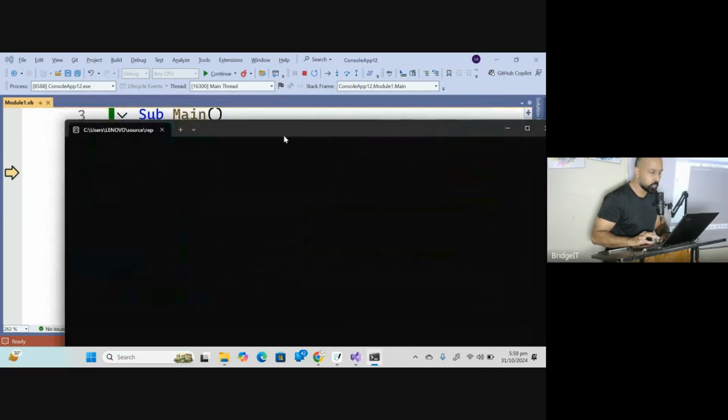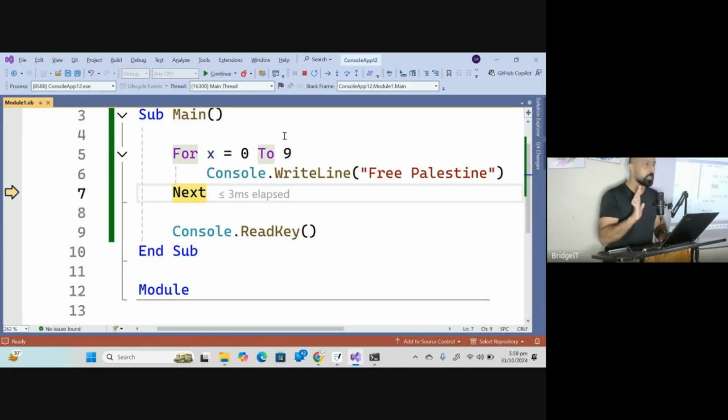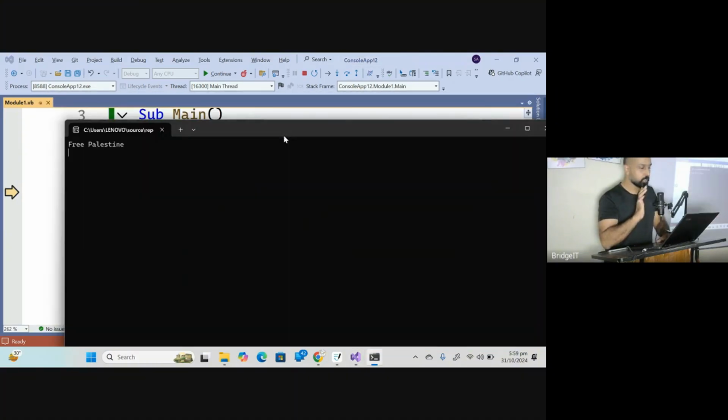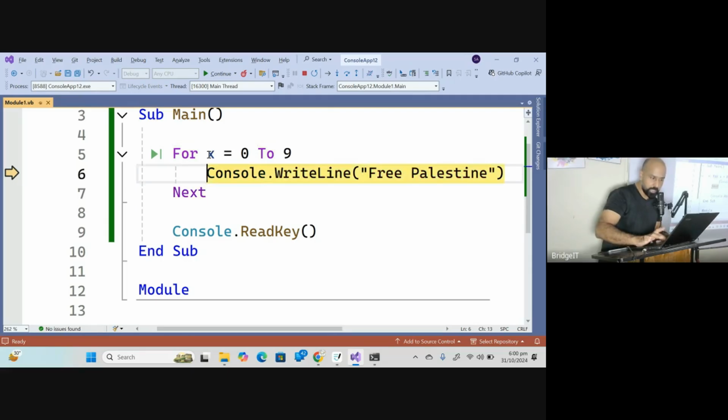Right now on the console, I cannot see anything. So this instruction is going to run for the very first time. This line has been executed. By going to the console, I can see this message has been displayed. This next is going to increment the for loop's variable automatically by 1. Whenever you fetch this next, it adds 1 to this variable, whatever the name of the variable is. As soon as I run this next, go and check what is inside x. It's 1.